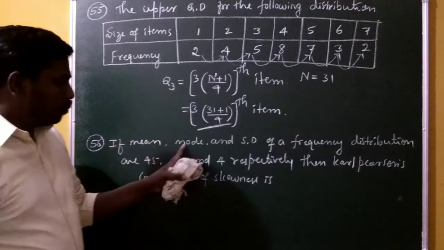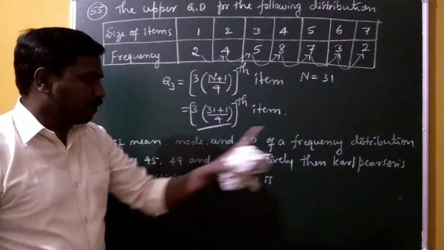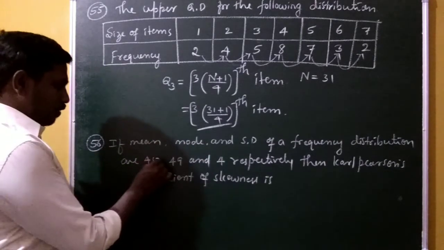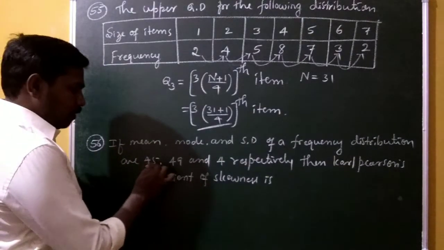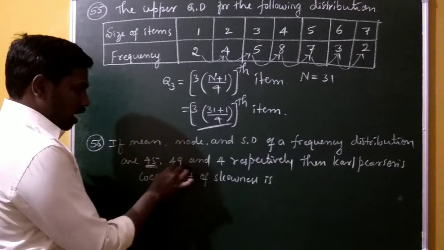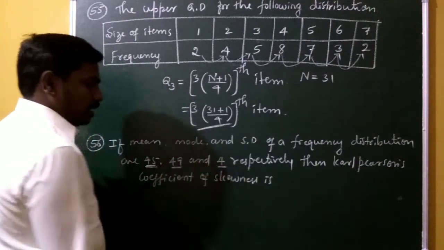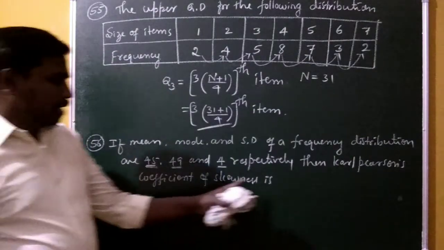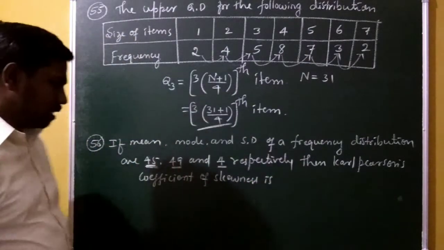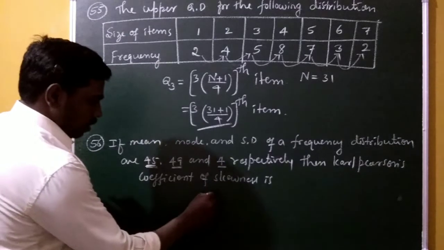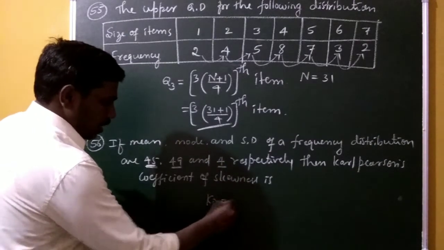If the mean of a frequency distribution is 45, the mode is 49, and the standard deviation is 4, then the Karl Pearson coefficient of skewness is? The Karl Pearson coefficient, denoted as Kp, is defined as